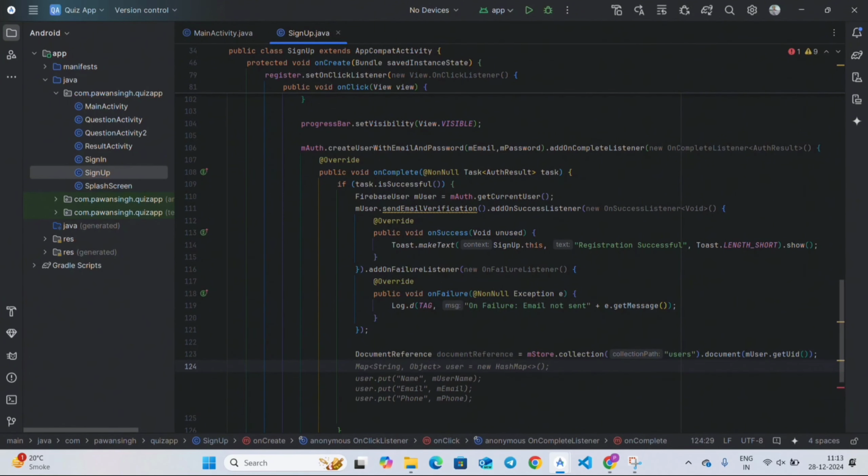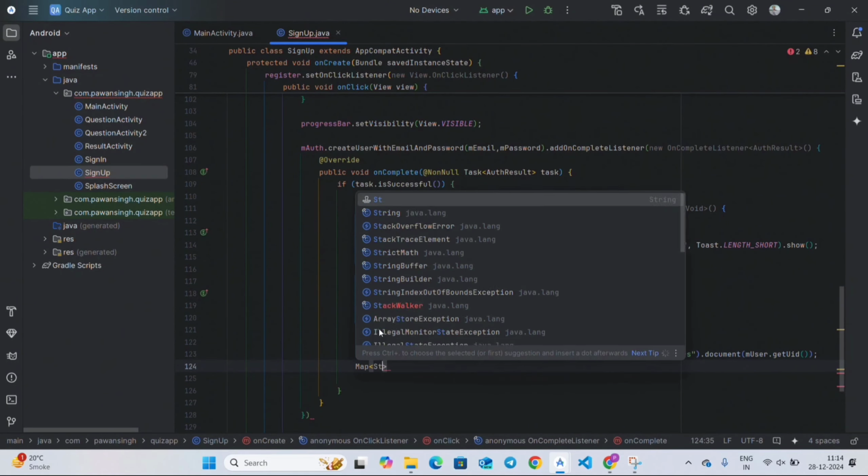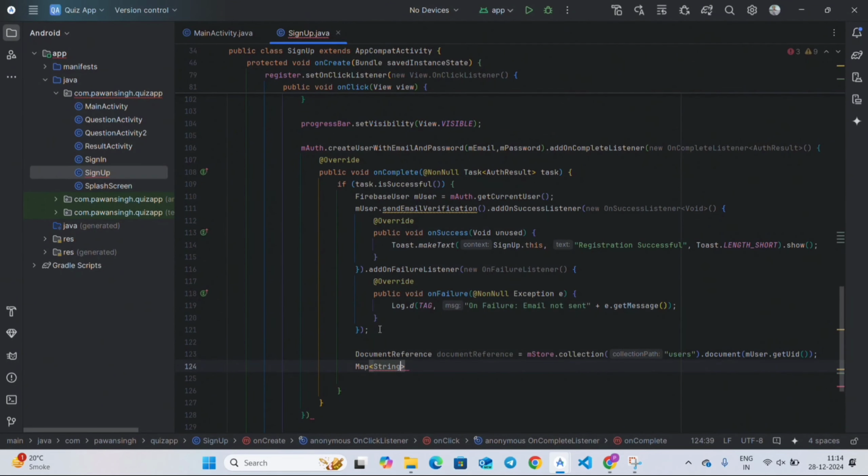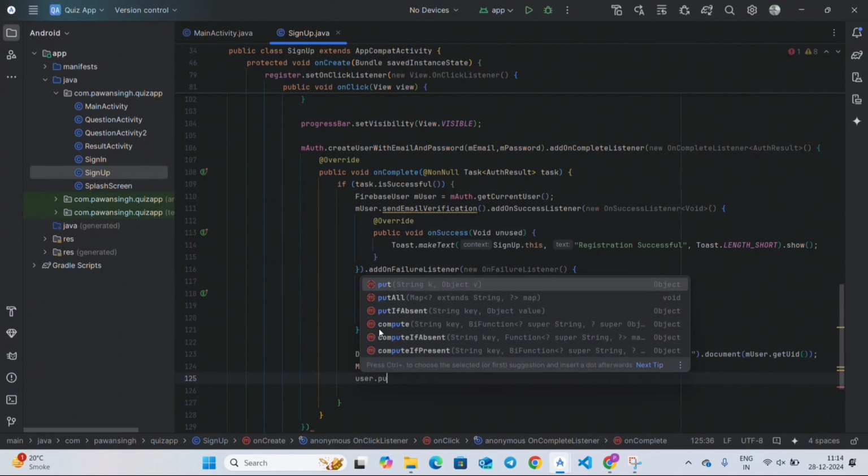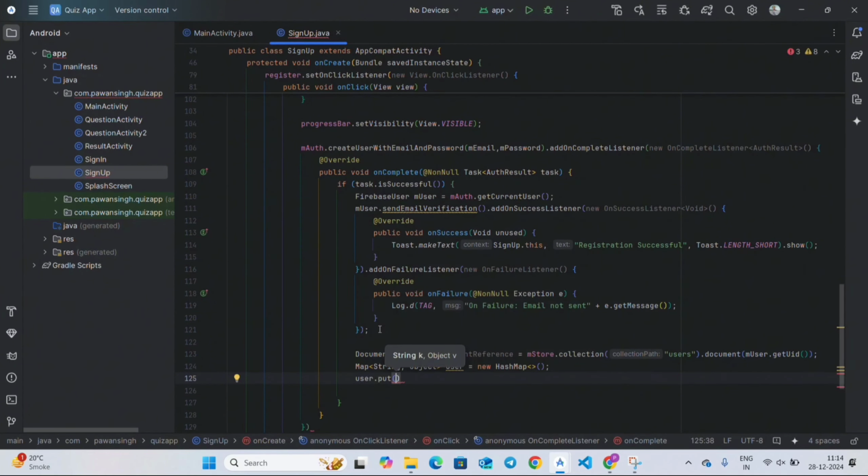Write here Map with a value of String, and we will pass an object after the string. So write comma Object and name it as user equals to new HashMap and close it. So write here user.put, and inside it firstly pass the name, comma,